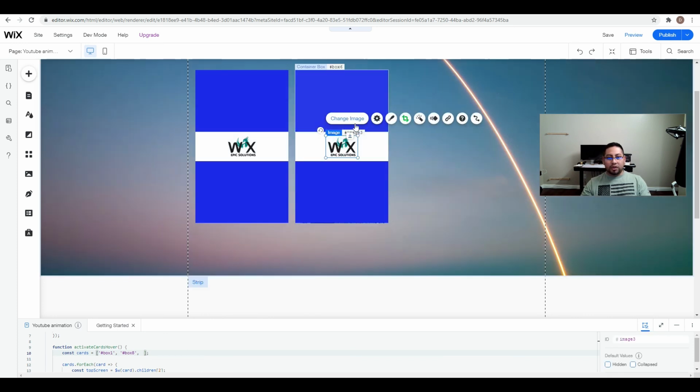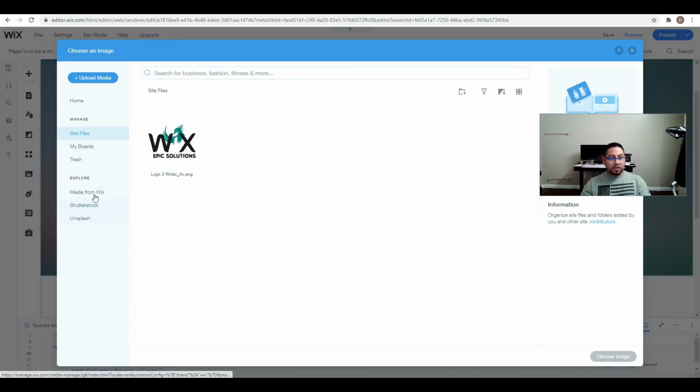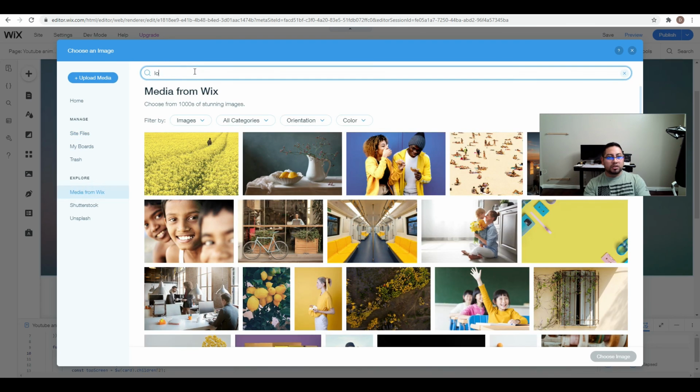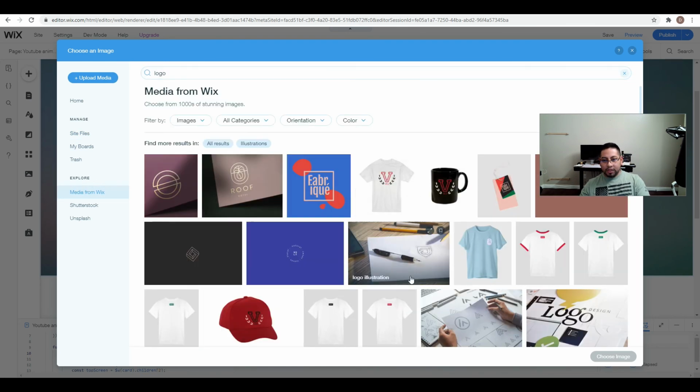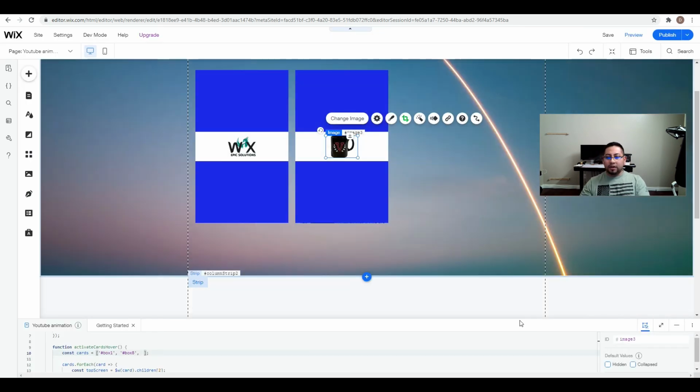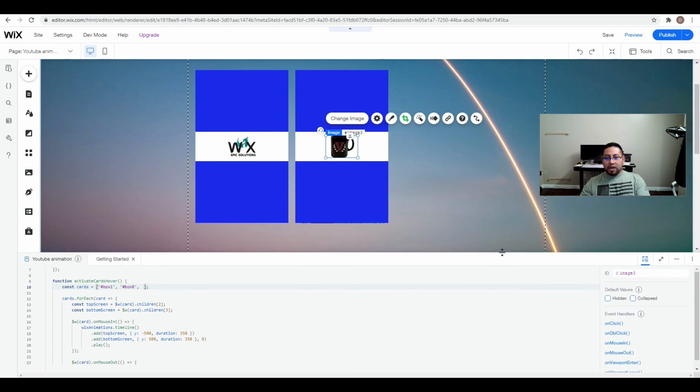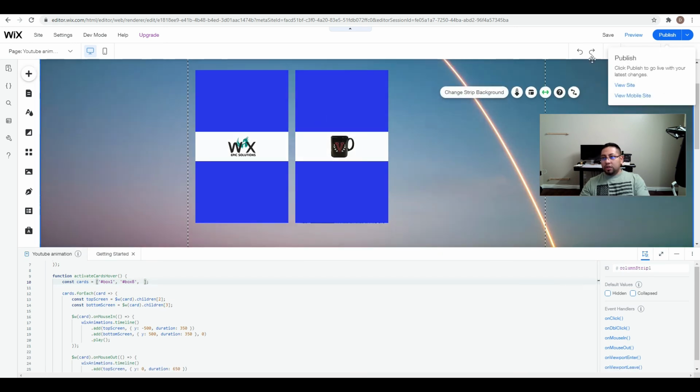So we're gonna click on the image, change the image, gonna use stack logo here. And again, you can put an image or whatever you want, but I'm just putting that there. Now we're gonna go back here. We're gonna go to layers,